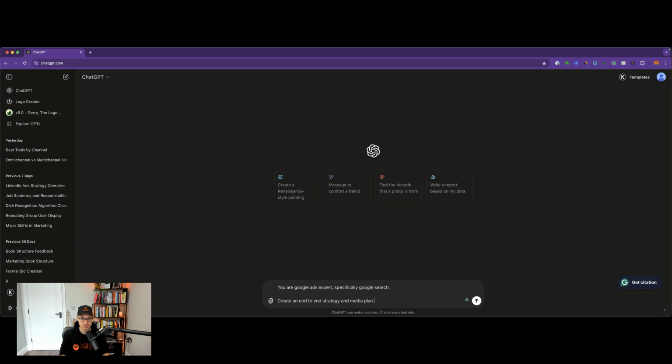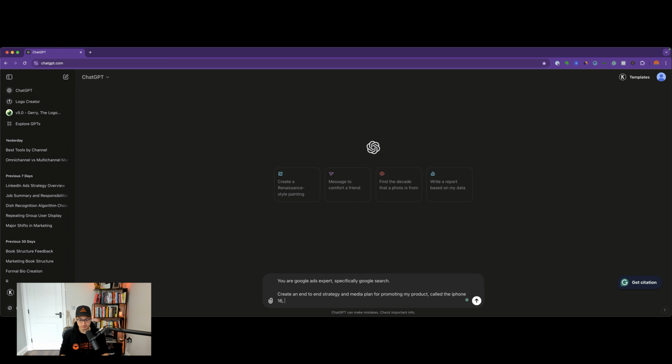So a media plan is basically a way to visualize how your campaign is going to launch, the type of keywords you're going to use, the landing page you're going to use, and how much you're going to spend. Create an end-to-end strategy and media plan for promoting my product called the iPhone 16. And yes, it is an Apple